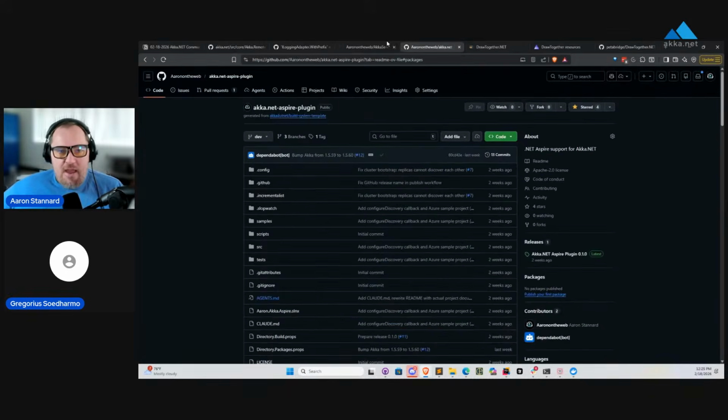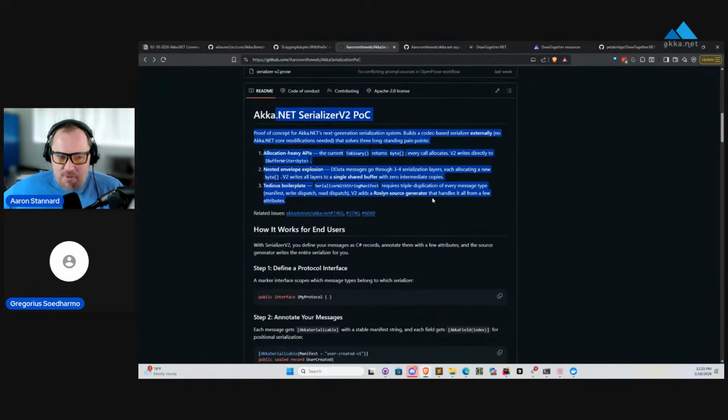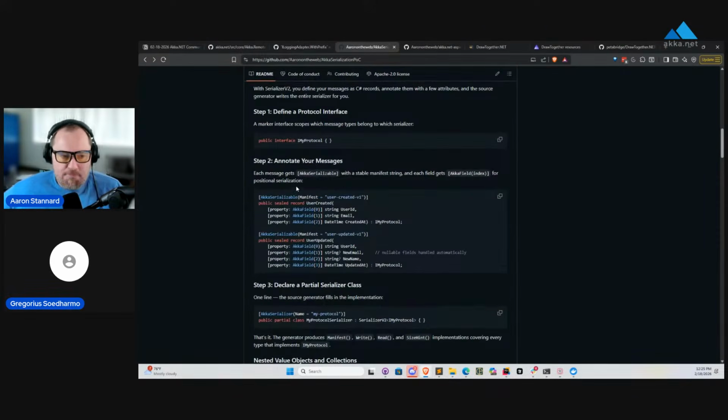So there's a path forward here where we can address these problems as well, make enveloping more simple. And let me talk you through what that looks like in the new version of the serializer that we're experimenting with now. The first thing we're going to require you to do as part of working with an Akka.NET serializer is something you should have been doing already, but if you're not, the type system's now going to force you to do it, which is all messages that belong to the same family need to be decorated with a common